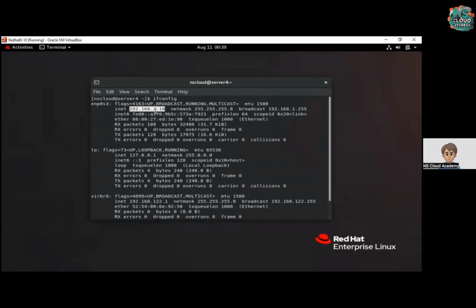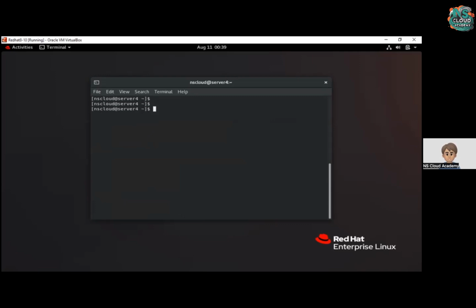But it will take on reboot, or it will be released after 24 hours. Let's suppose you have shut down this system for 24 hours. At the same time, some other system joins and tries to fetch an IP address. It will change it and give that IP address to the other system. Okay, guys. So this is how you can configure the existing network